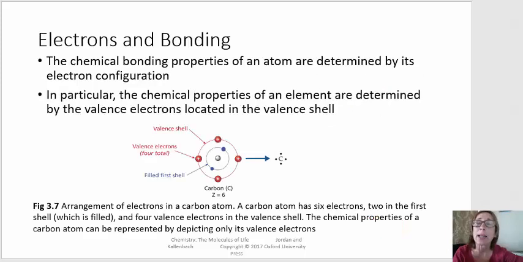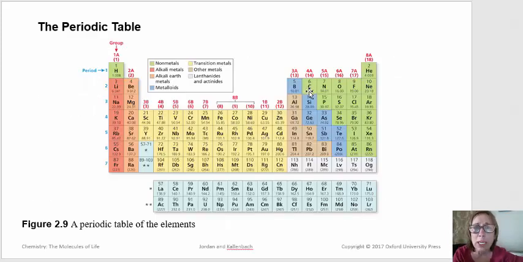Now, when we look at the electrons of an atom that engage in bonding, they are always going to come from the valence electrons. So it's super important for us to be able to determine how many valence electrons a given atom has. And we learned how to do that in Chapter 2 by looking at the group number that a given element is in.